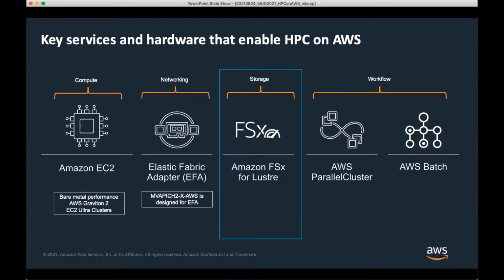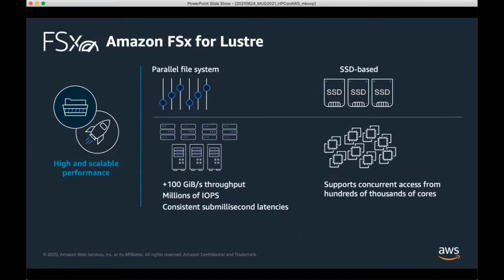But for most HPC applications, we still see that people need to use standard POSIX IO, where they can randomly move to different parts of the file and such. And so FSx for Lustre is a managed version of the Lustre that probably all of you know as an open source parallel file system.